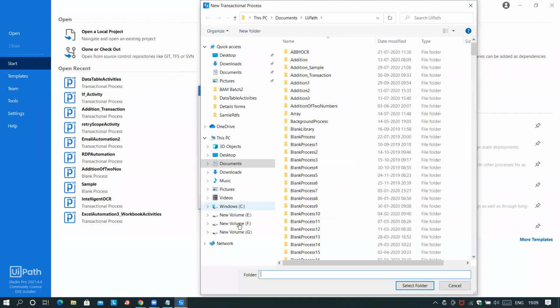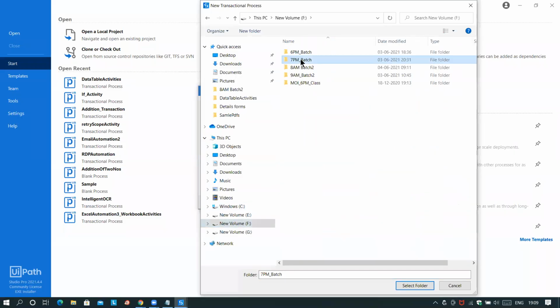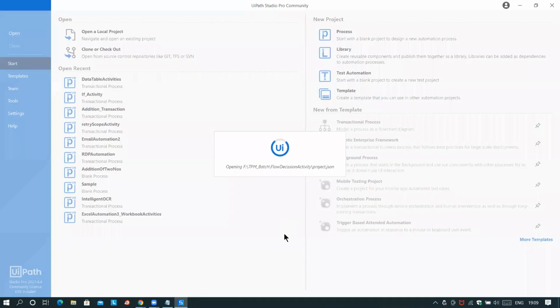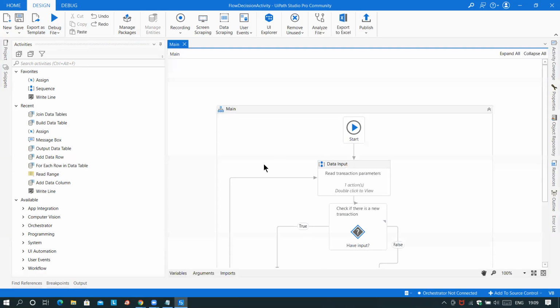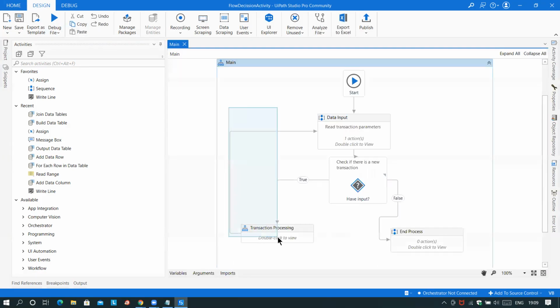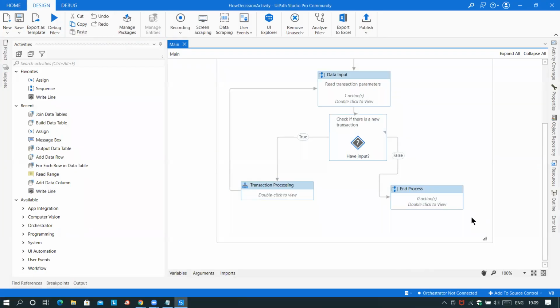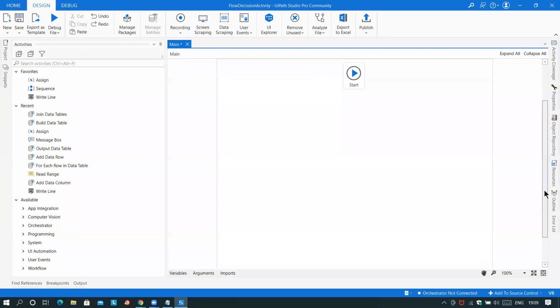Select that location. Click on create. Click on open main workflow, and remove this flowchart. Delete it. See, I want to drag